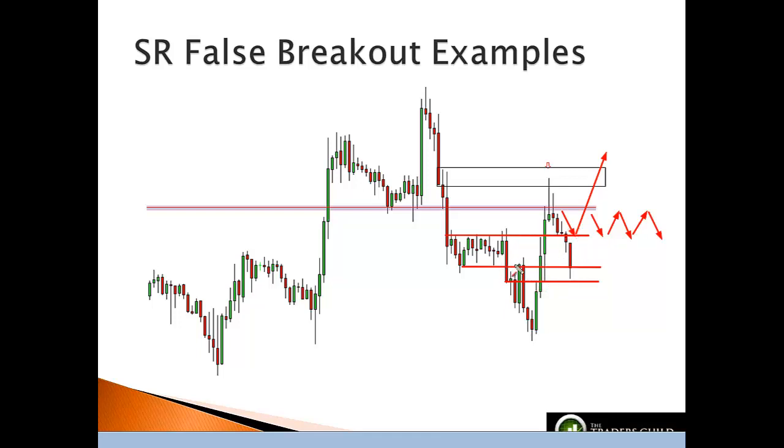I may or may not be watching this area depending on what the lower time frame told me, but then I'd be looking to go down here. And how would I manage my trade? Well, once we've broken this area, I'd be moving my stop loss down to above this area, and I'd be potentially tightening it as we move down. I don't use trailing stop losses, but I'm not, for example, going to watch price do this, come back down, come back up and take me out. Okay, because that's too much odds to give away